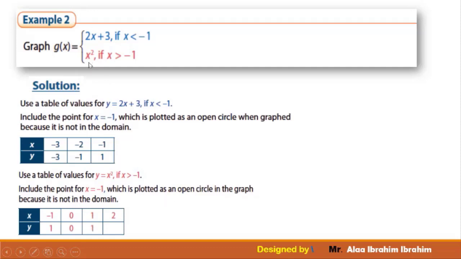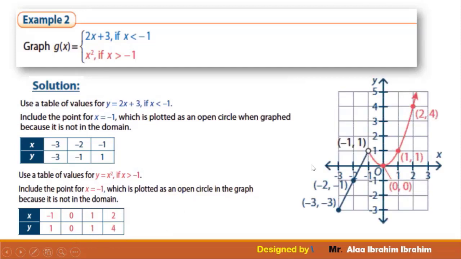So negative 1 power 2 is 1, 0 power 2 is 0, 1 power 2 is 1, and 2 power 2 is 4. Now I represent this, which will give me this line, and this gives me this curve. But remember again, this point will be open. If I need to find the domain here, the domain includes the point